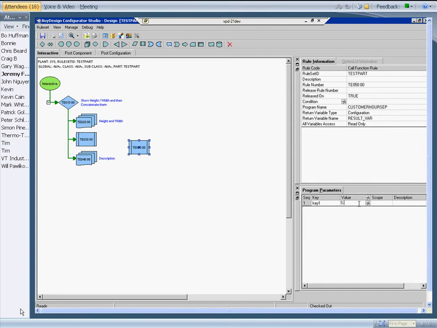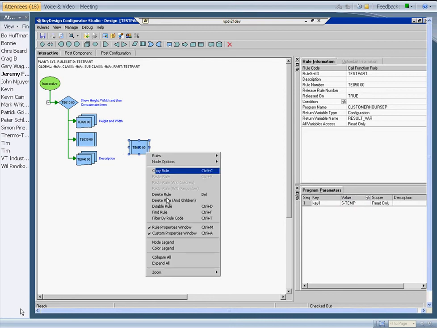So we'll say a secondary variable, s-10. More likely you're going to do something like that, but you can pass literals as well. So that's essentially how we register and use an external program. All right, I'm going to delete this,